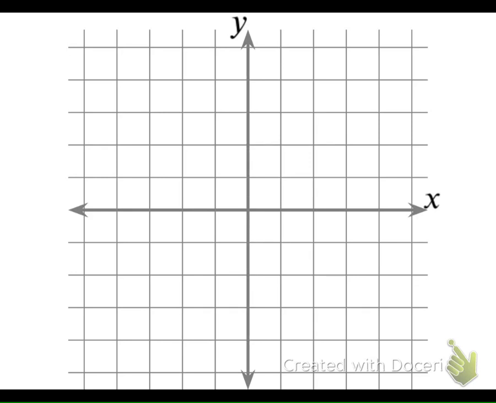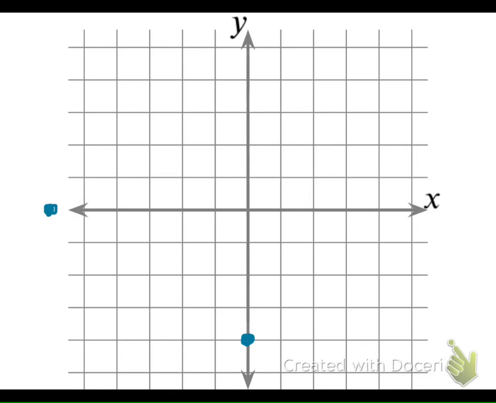Okay. I don't have those coordinates in front of me now, so can somebody tell me the first ordered pair? 0, -4. 0, -4, so we're going to start at the origin, go down 4. And what's the next one? -6, 0. -6, 0. So I'm going to guess that it's about right there, okay? Starting at the origin, going left 6. 1, 2, 3, 4, 5, 6. And then